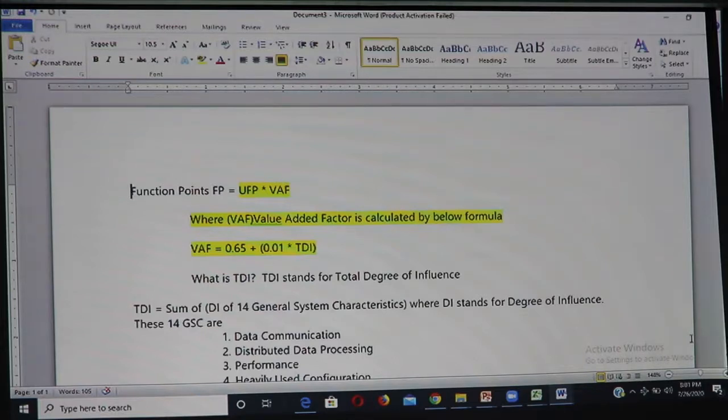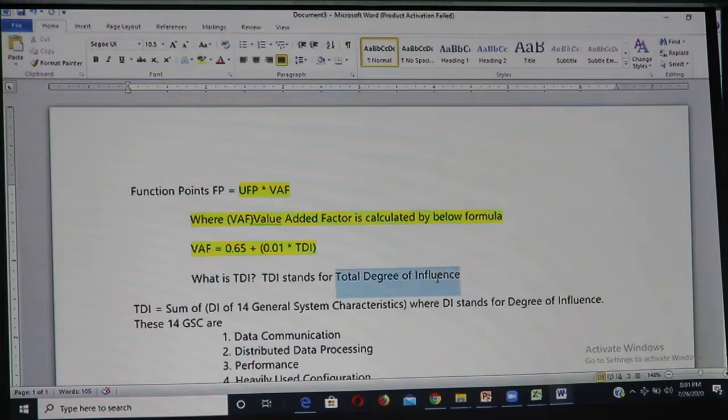Now what is VAF? Value added factor is calculated by the formula 0.65 plus (0.01 multiplied by TDI). So now you need to understand what this TDI is. TDI stands for total degree of influence.